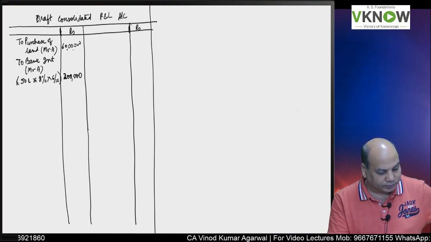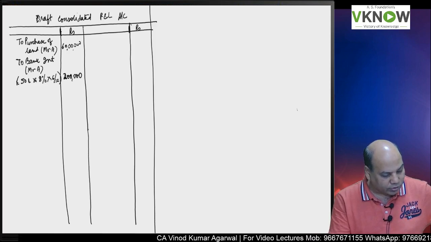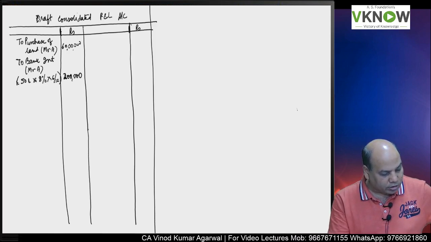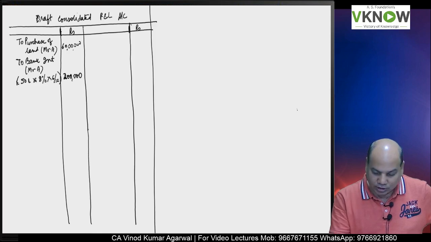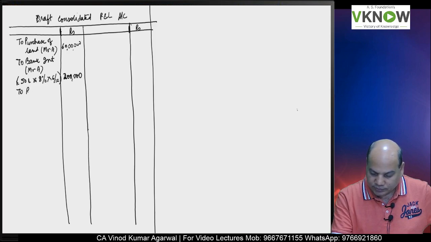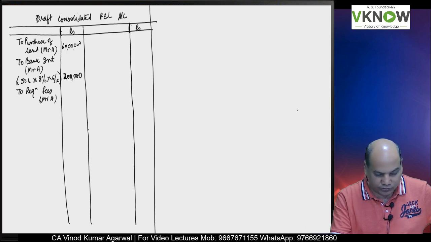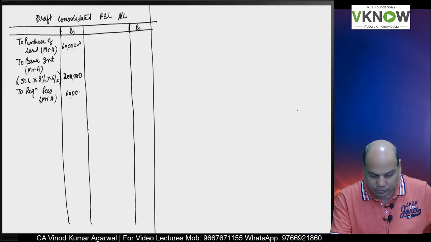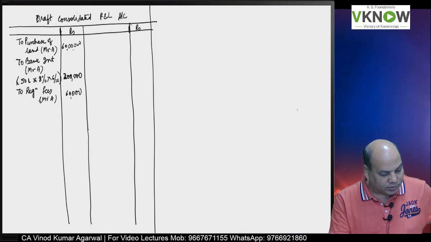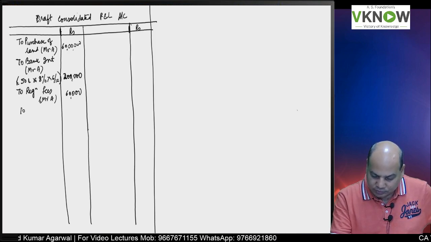Next line, Mr. B supplied the material. There is one more item. He also paid registration fees of rupees 60,000 to registration fees. Paid by Mr. A is 60,000. Then it says Mr. B supplied the material. To material,